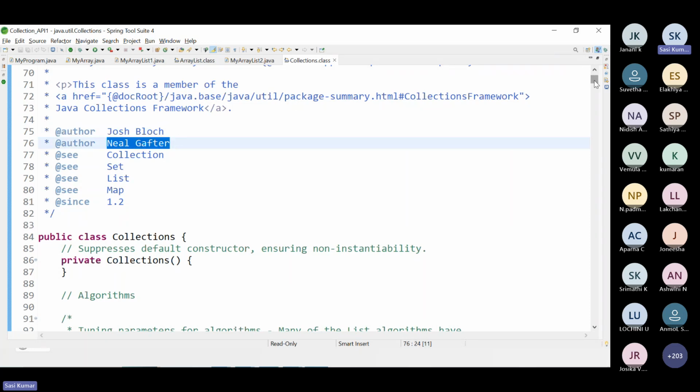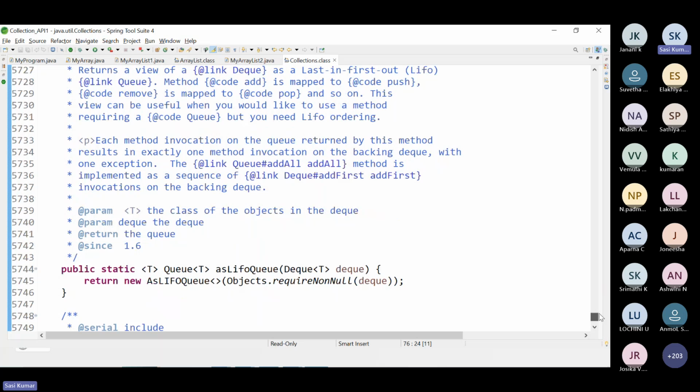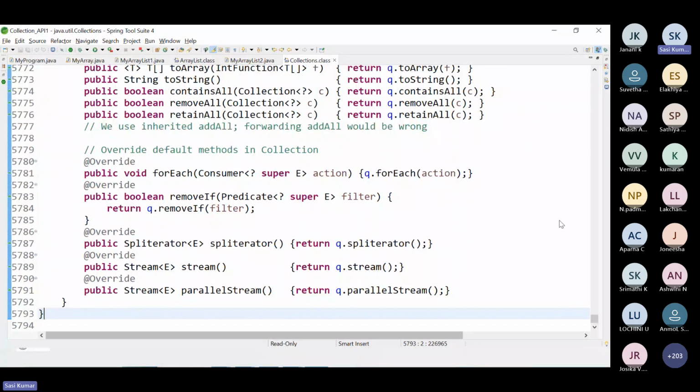If you observe, the same authors wrote it, around 5,000 lines of code.